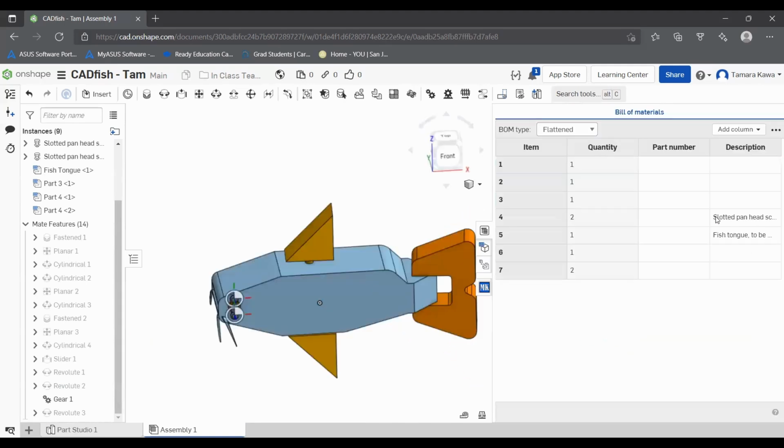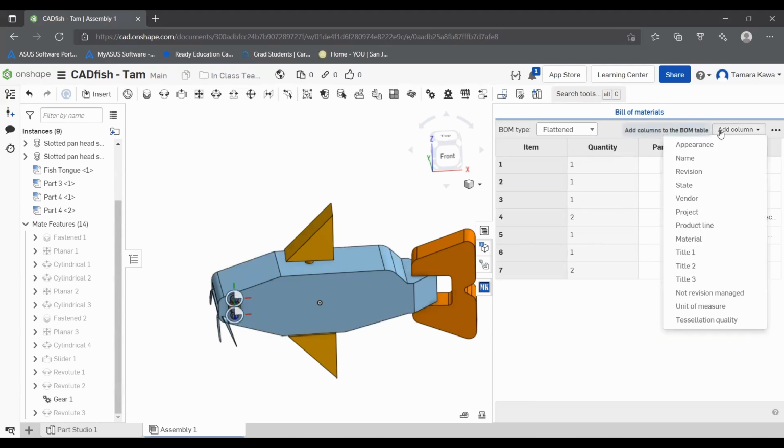Now let's look at that BOM. You'll notice that it generated everything, and it also generated descriptions, quantity, part number. We can add columns here for name, which I strongly urge us to do, because let's be real here, students are not going to be referring to things colloquially by part number, as they should not be. That's weird. We can also do unit of measure. We can do project,